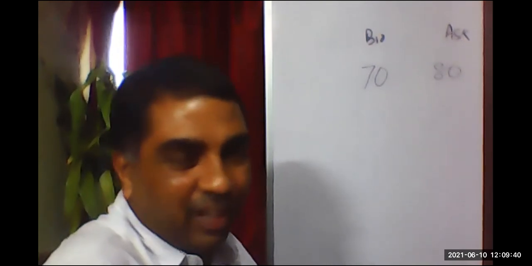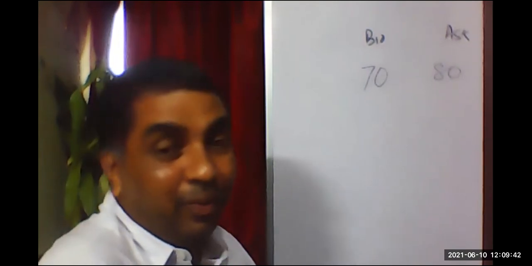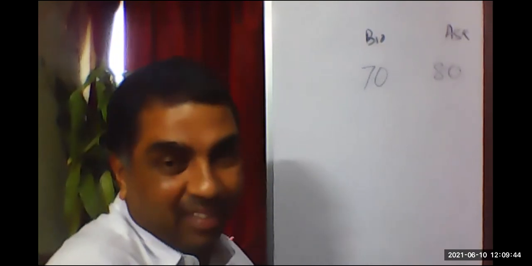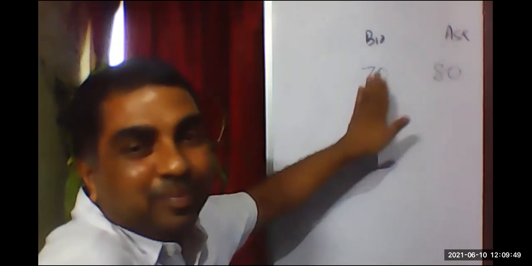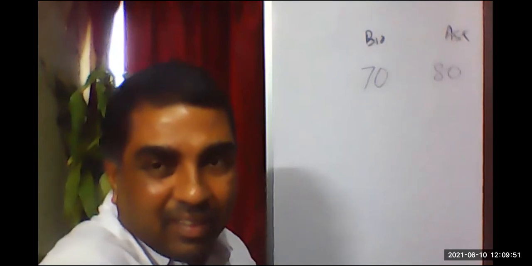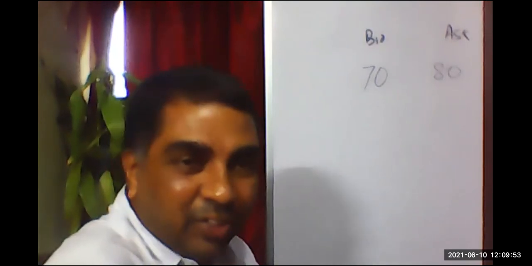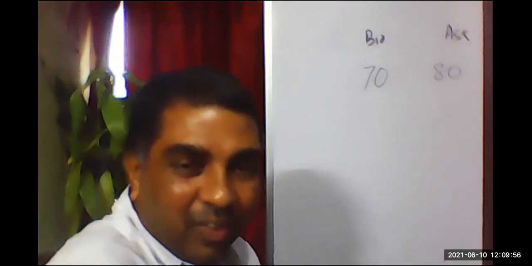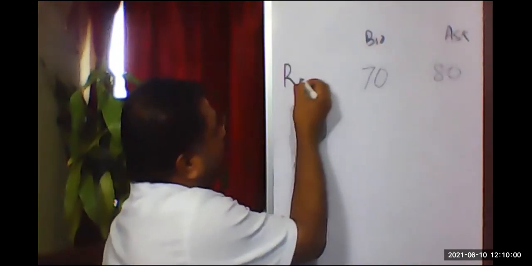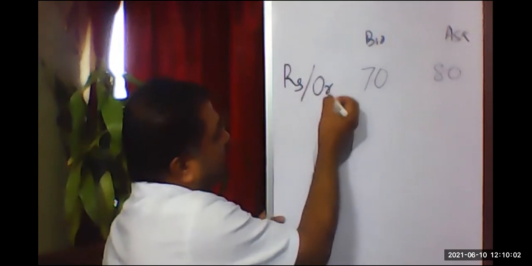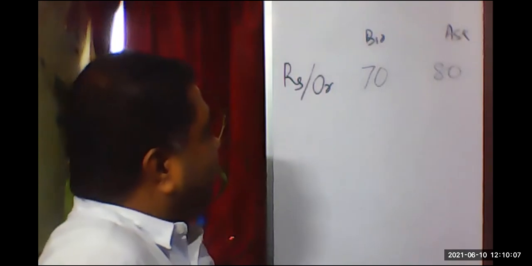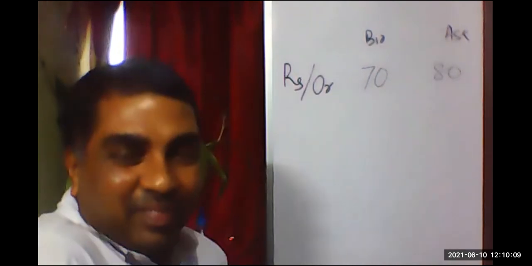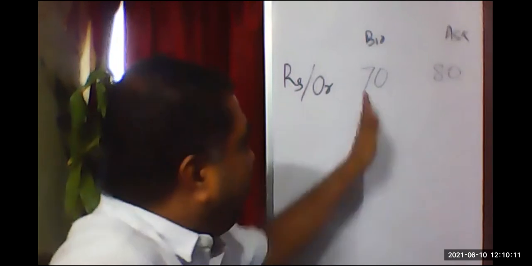Okay, 80 rupees per kilo. But if you have your orange and you want to sell it to me, that also I can do. But in that case, I will be buying at what price? 70. Understood? And he's saying that my quote is rupee per orange, and orange means orange per kilo. Say rupee by orange is equal to 70 by 80. 70, 80. This is my bid, this is my ask.